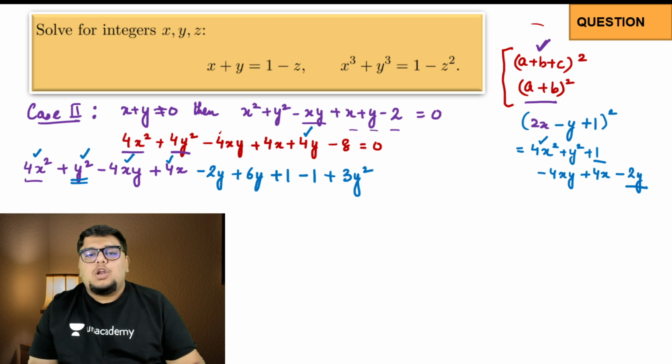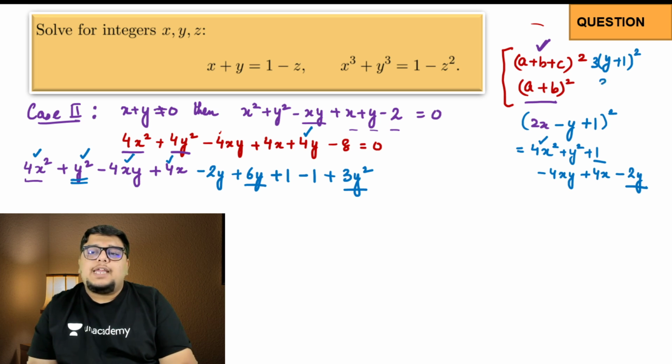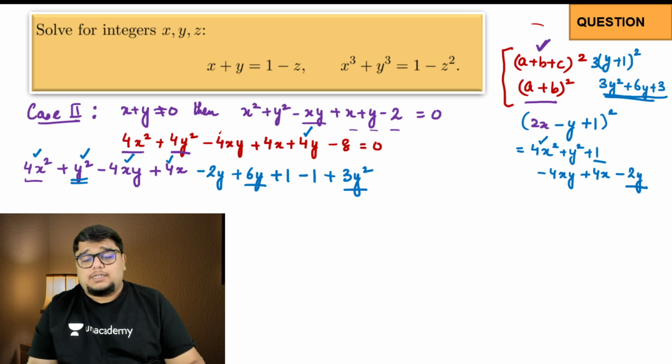Okay. Notice now, you have 6y, you have 3y square. We can easily make y plus 1 whole square. But again, everything is multiplied with a 3. So if you get something like this, you basically open this up, you get 3y square plus 6y plus 3. So you need something like this. For that, you need 3y square. We already have that. 6y, we already have that. We don't have plus 3. So what I will do is I will add plus 3. I will subtract minus 3. And minus 8 equal to 0.